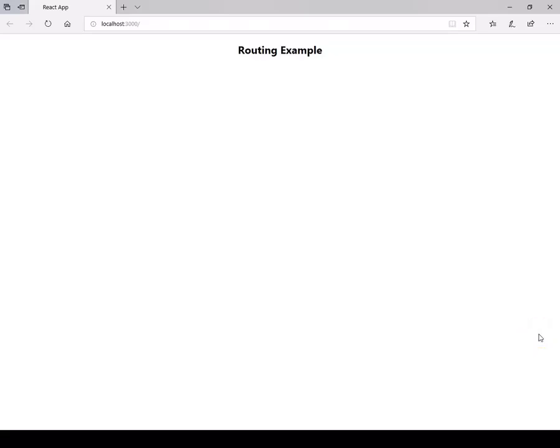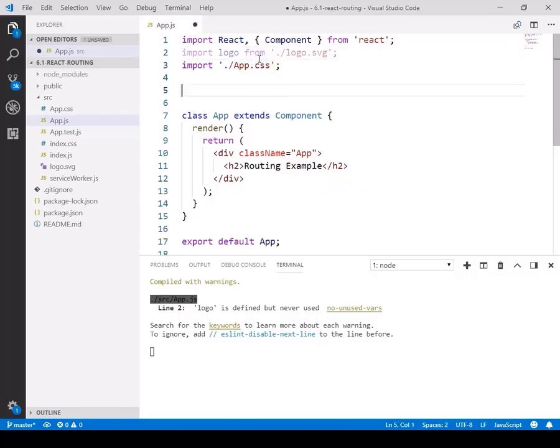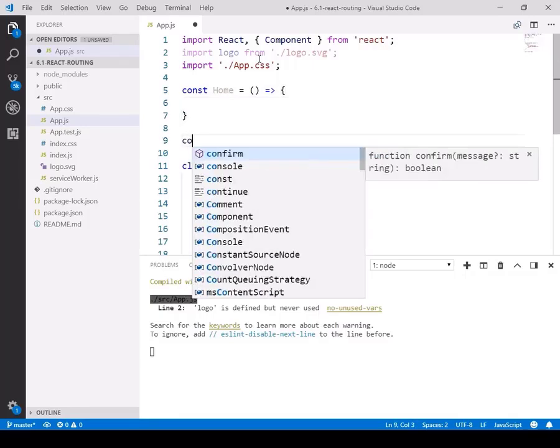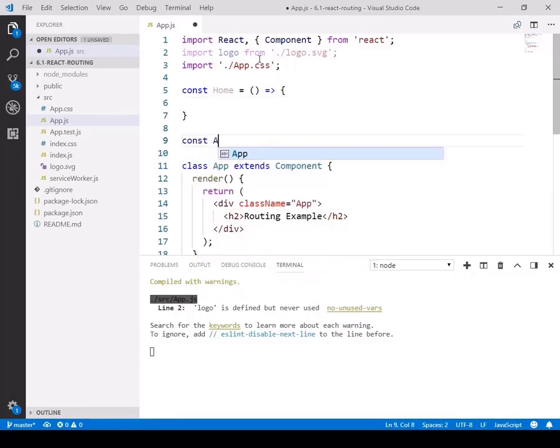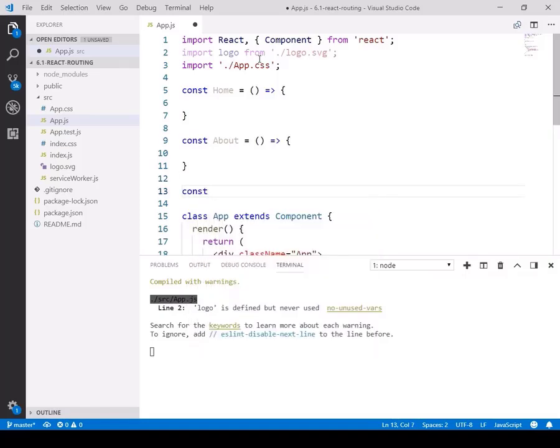To enable the routes in our application, as of now I have this app component. I am going to create three stateless components in the same file: one stateless component with the name home, another with the name about, and the third with the name contact.